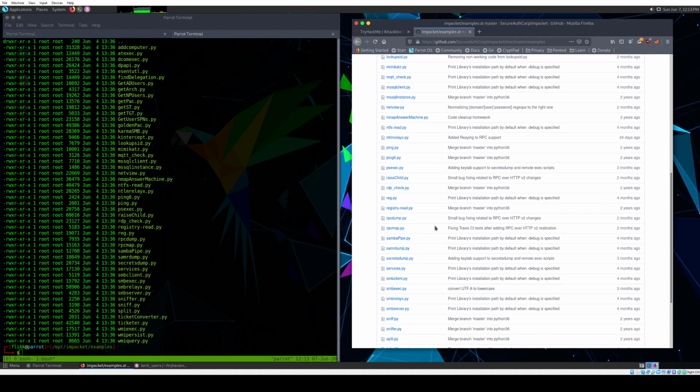Just various different functions. Secretsdump, which gets information from the NTDS file, password hashes that are stored on the domain controller. This will again come in later. SMB server, an easy way to start a SMB server on your machine if you want to share it to another machine. So for now, we're going to use the command for get np users, which is basically get users that don't have